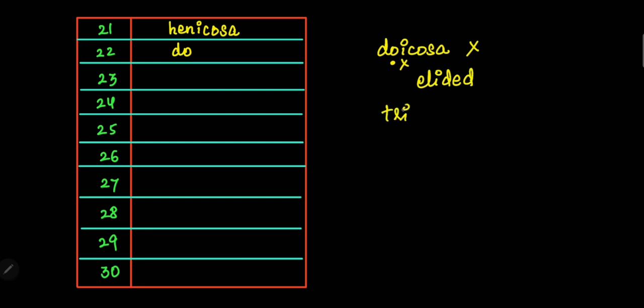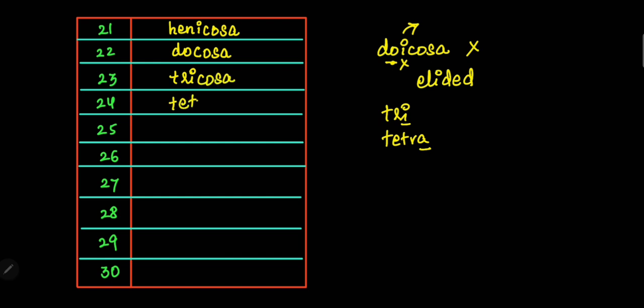Even if I use tri, tetra, penta, hexa, etc., I, A, O are vowels. After these vowels, whenever you have another vowel I, that I is elided or removed. So instead of calling it di-icosa, I simply call it docosa. 22 is docosa. Then 23 is not tri-icosa, we simply call it tricosa